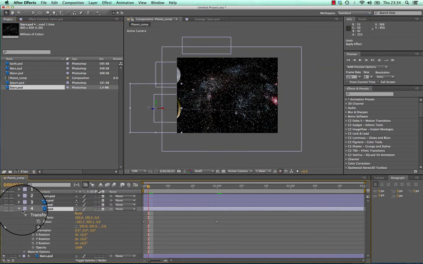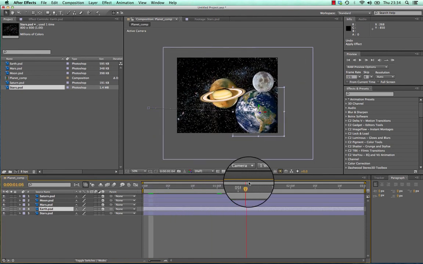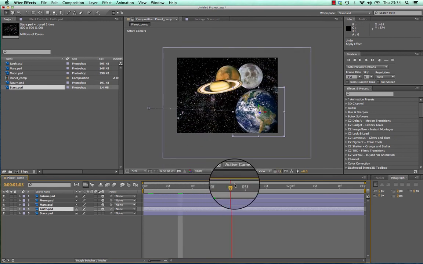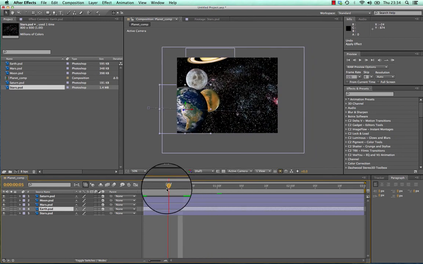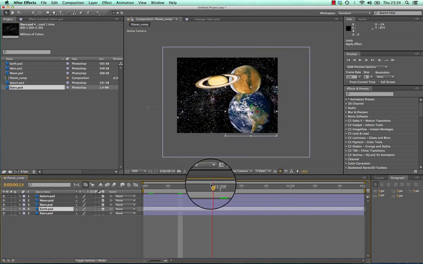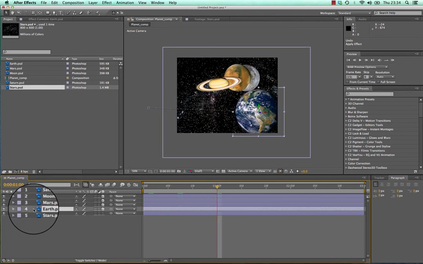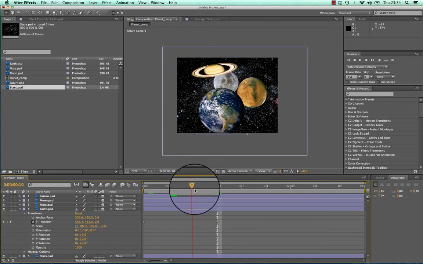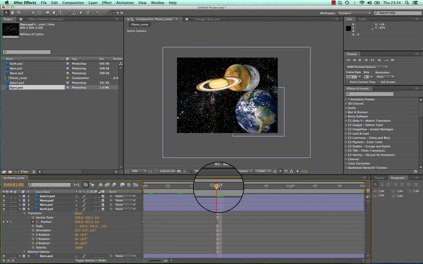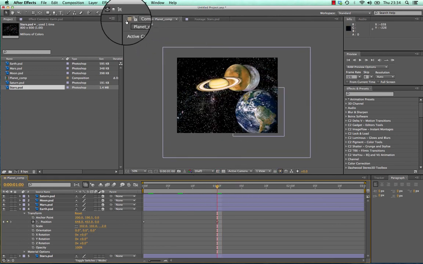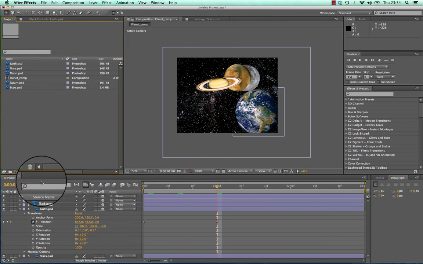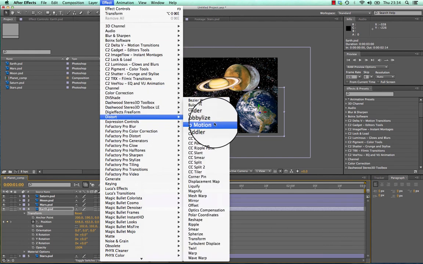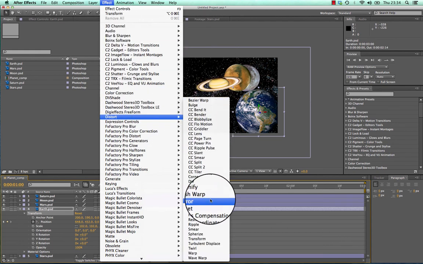Right, now let's look at how we can make the Earth look a bit wobbly, because right at the end of the scene, imagine the Earth has bounced into the wall and it's just wobbling there. So let's go on the Earth here, okay, and let's do something there. So let's stop at the keyframe where it stops. Okay, now to do that, what you need to do is go to Effects. Before I do that, make sure you select the Earth, go to Effects, Distortion,